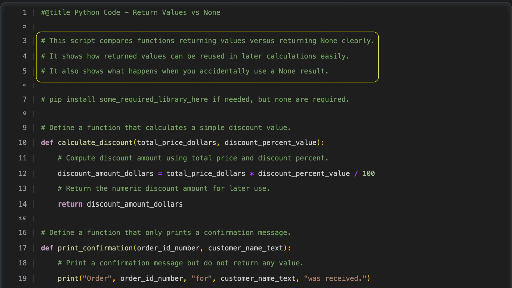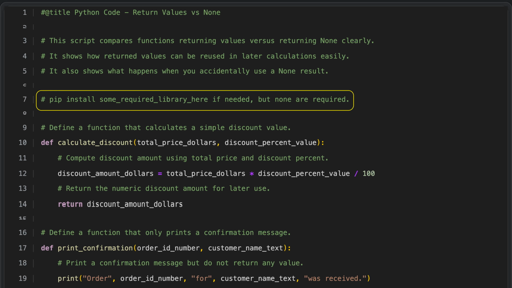values is important. This comment line suggests installing a required library if needed, but also makes clear that this particular script does not actually need any external libraries. It serves as a placeholder to show where dependency information would go. By including it, the author signals that the script is self-contained and helps users quickly understand that there are no